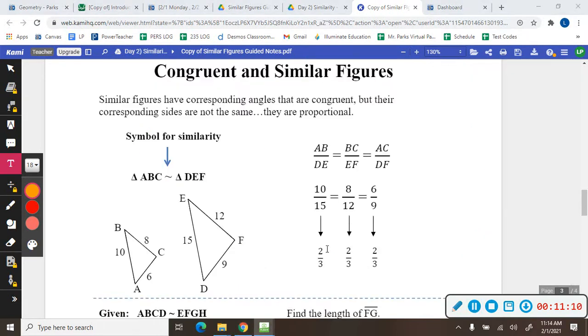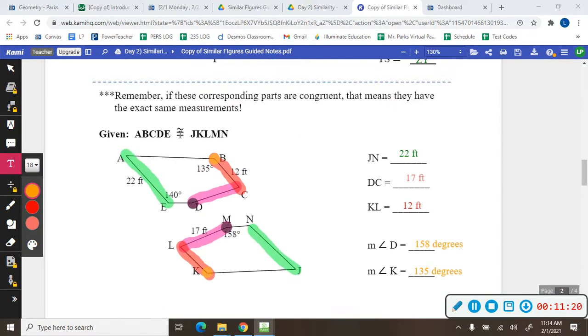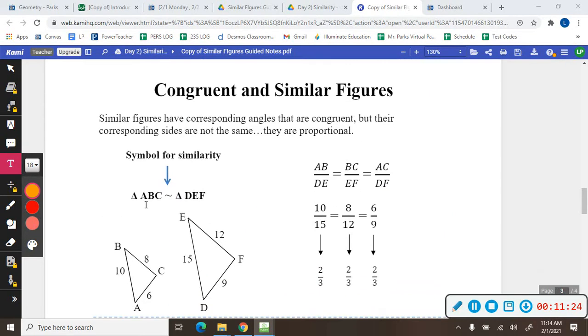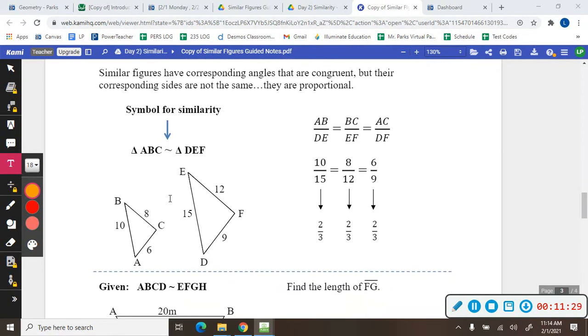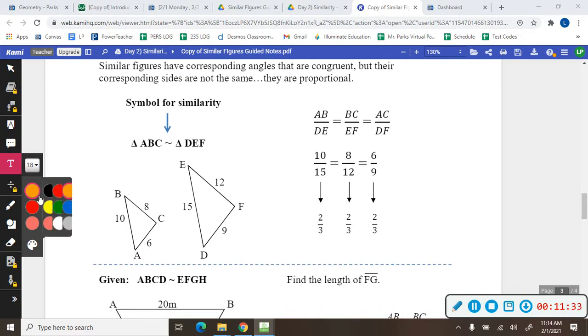Alright, so now let's talk about similar figures. Notice the symbol is different. It just has this symbol. That means similarity. They're similar. Before we had this, that means congruent. So that's very important to pay attention to that symbol to see what's going on. To be similar, that means the sides are proportional. So what that means is that if I were to take